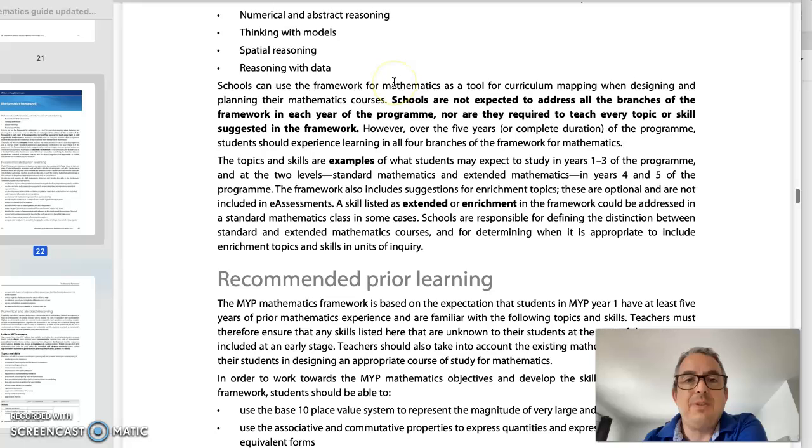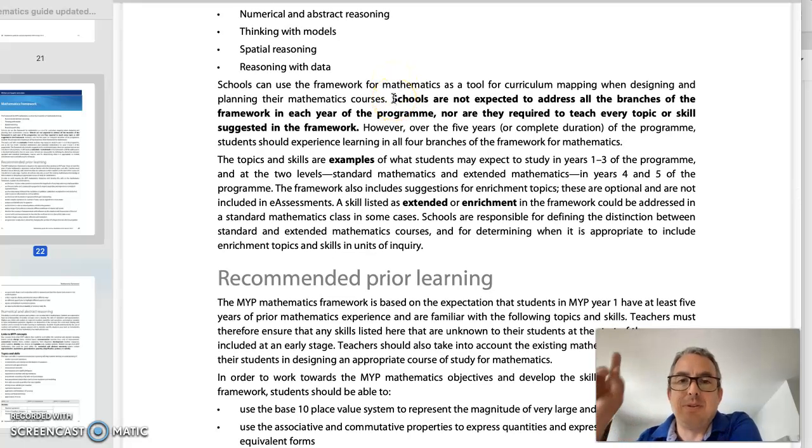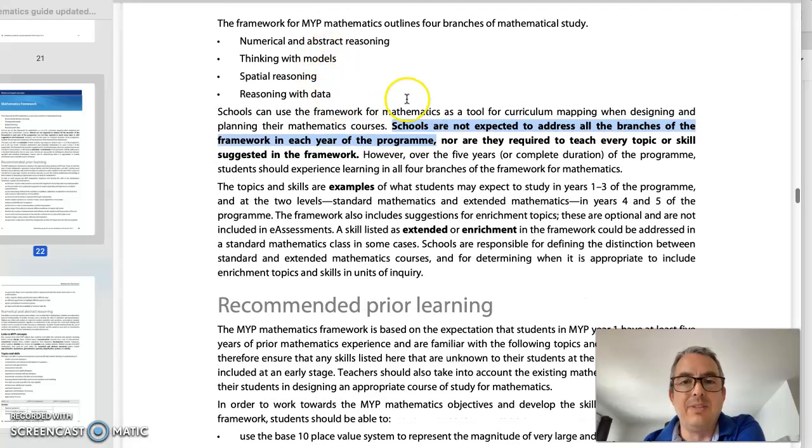Here, there are 2 scenarios. One is if you are doing the e-assessment, and the other scenario is that you are not doing the e-assessment. If you are not doing the e-assessment in MYP 5, then schools are not expected to address all branches in every year. So you don't have to do all 4 every year. It's not required. But you are also not required to